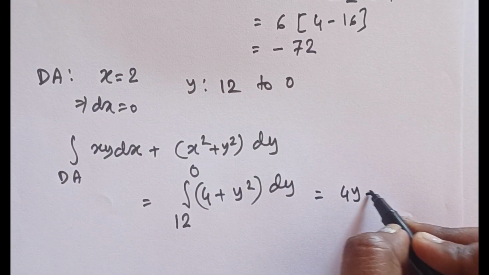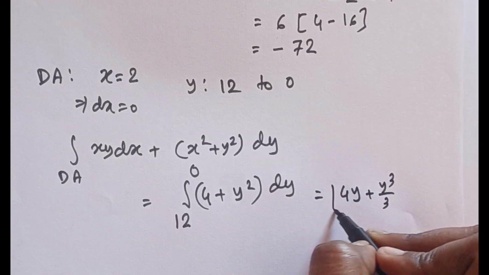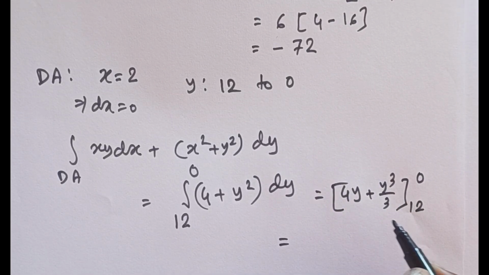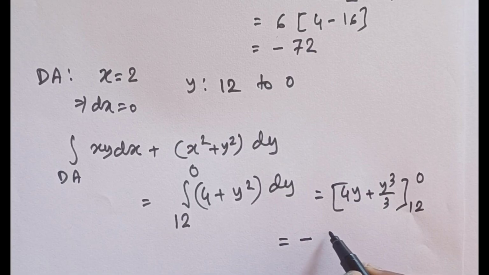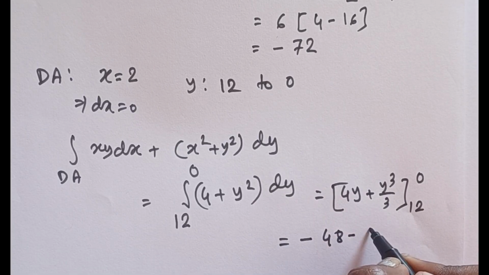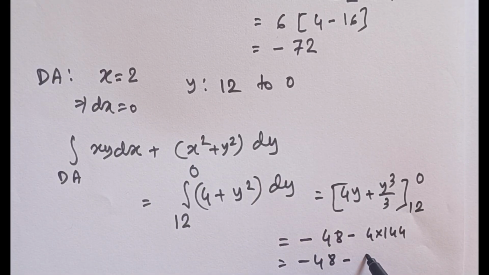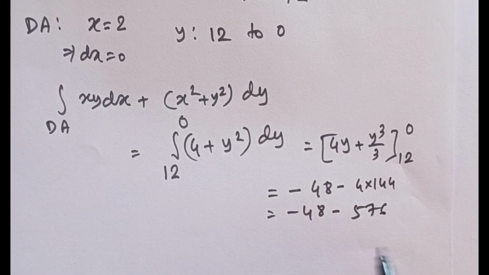So if you calculate, this will be 4y plus y cube by 3. Simple calculation is this. So it will be minus 48 minus 4 into 144. That is minus 48 minus 576. So finally this is minus